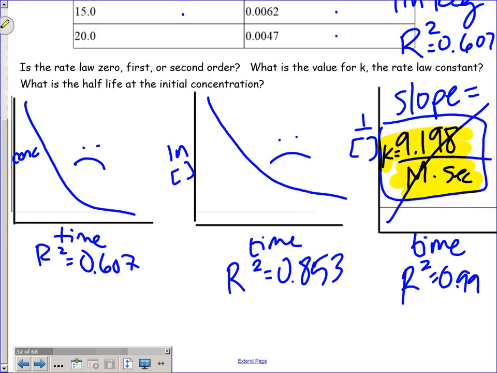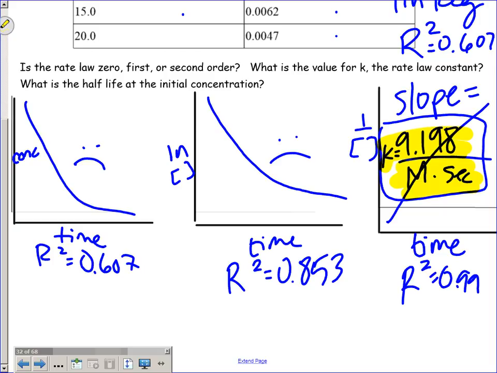So first question was, is the rate law zero, first, or second order? We figured out it was second by graphing them all and finding the most linear relationship. That's proving it's second order because the relationship is between 1 over concentration and time. What is the K, the rate law constant? Well, we looked at the slope. And then what is the half-life